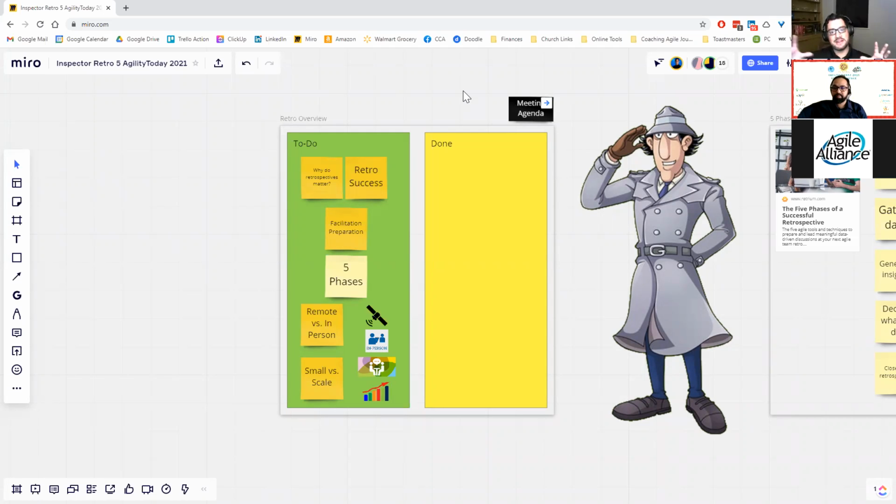I'm trying to find a way to decrease that time. But it takes a lot of time to prepare for an effective retrospective. Now, if you say I'm a very skilled facilitator, I've been facilitating for years, you can decrease that time if you need to. But truly great retrospectives come from thoughtful preparation of an agenda that guides the team through 5